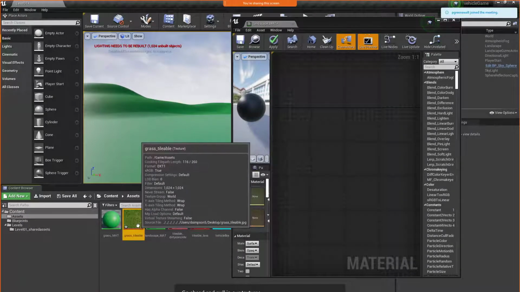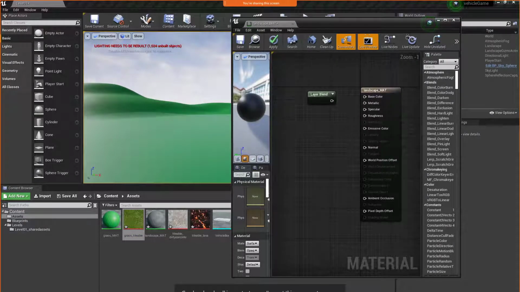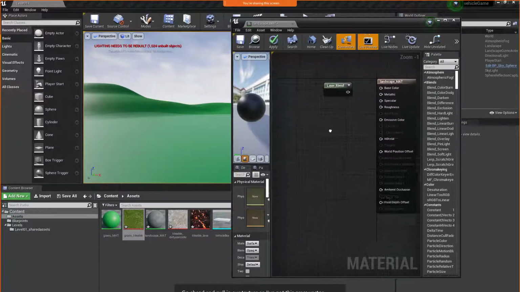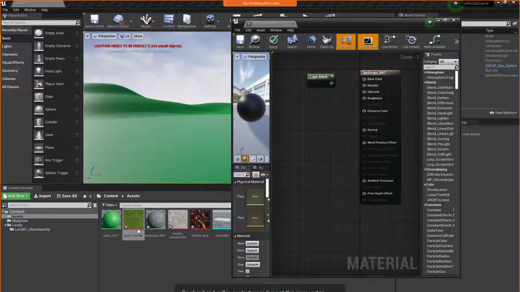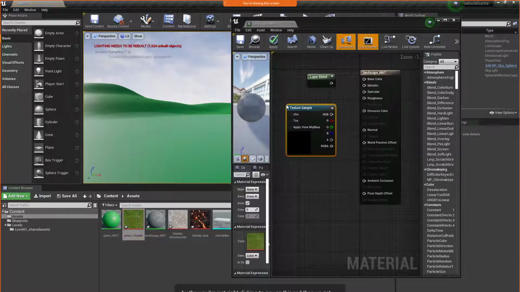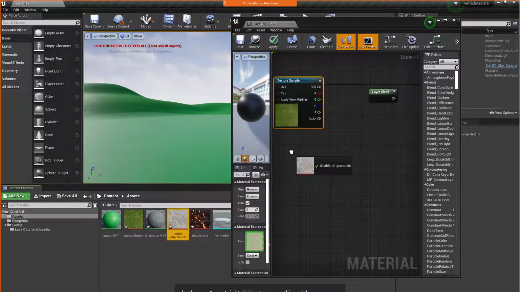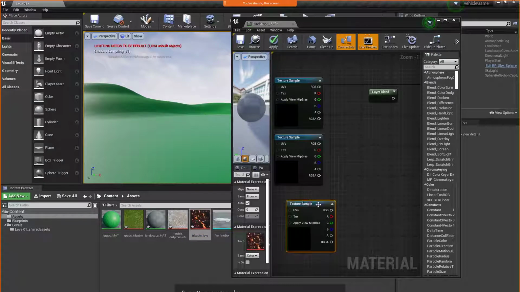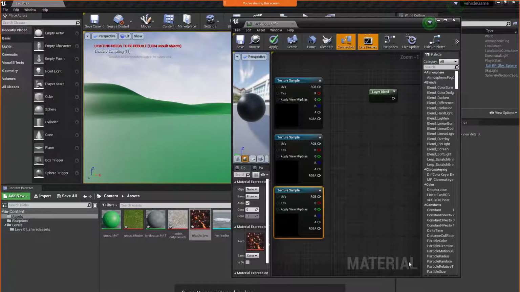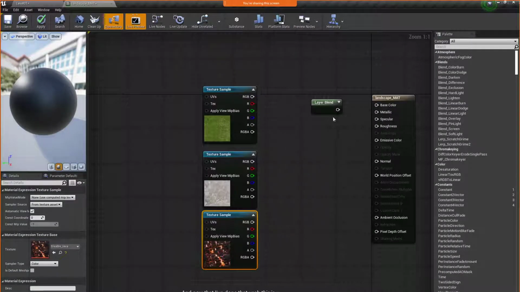So I've got this grass texture. By the way, I'm just right-clicking to pan this and then zooming in and out with scroll. I'm going to go ahead and grab grass texture, my dirty concrete, and my tiled lava. Okay. And now that I've done that, again, this is where we actually want to plug these into this layer